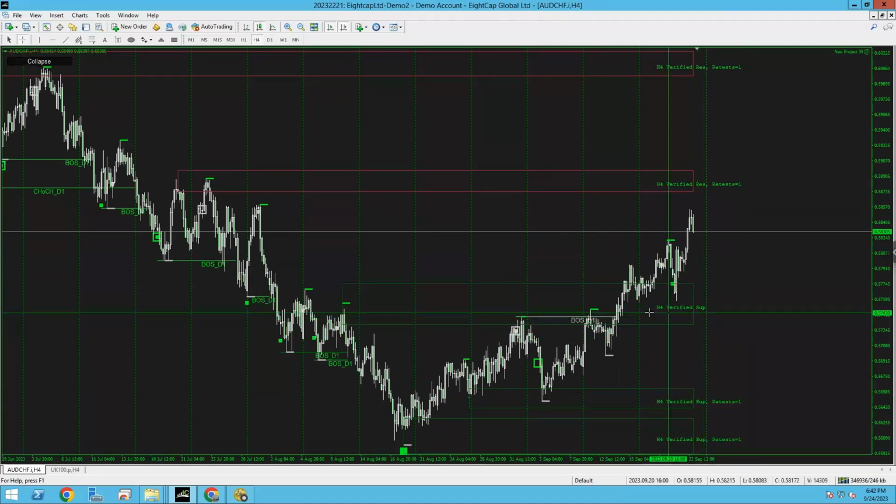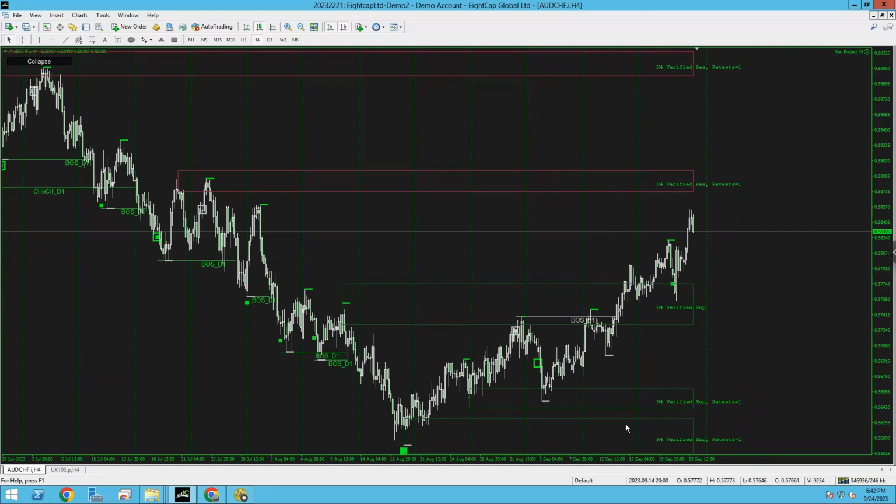When we go over to other pairs, you're going to see that one, exactly what I'm talking about. But after a period of time, obviously price action didn't break it. It became a verified level, but this was a turncoat. How you can tell the difference between turncoats and verified levels when it happens is, look, verified levels only bounce price away from it. Turncoat levels, price had to break through it. So if price action breaks through this, this will become a turncoat. If it breaks through this, this will become a turncoat.